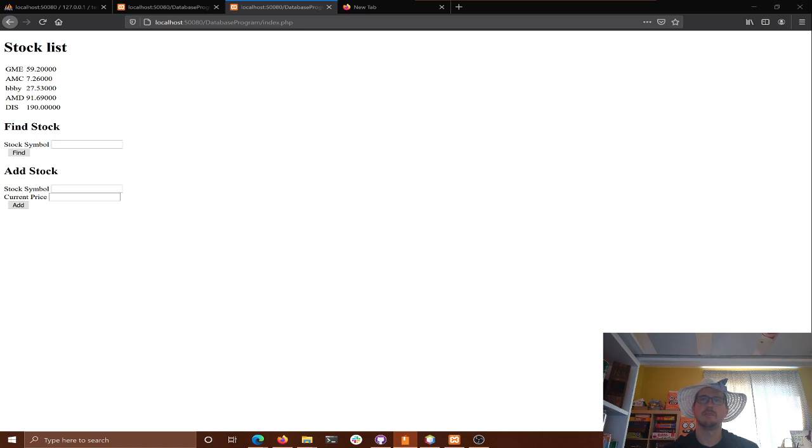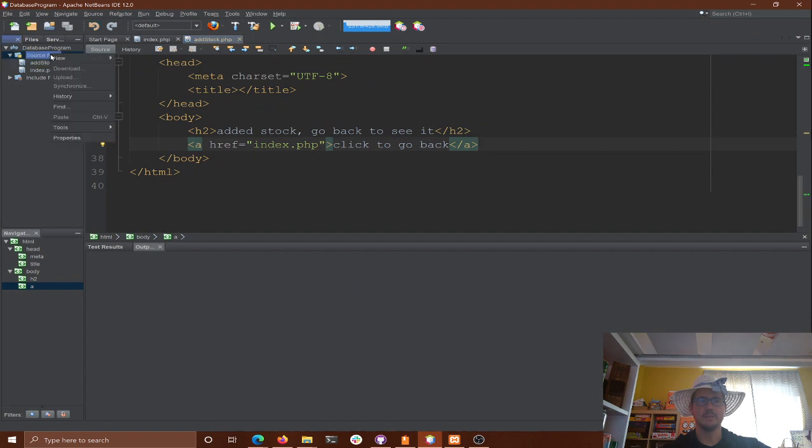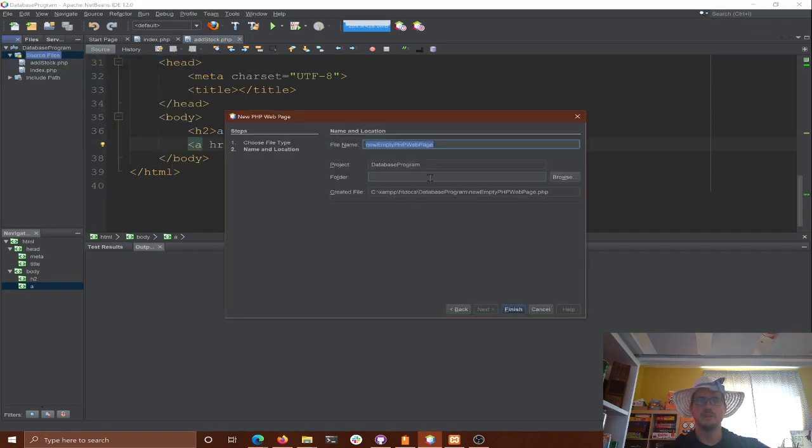So the book will take you through the guitar product example, right? And we can go through all the good stuff with their guitar listing example. And theirs is even a little prettier. They use some CSS to make stuff prettier, but again, we're not to that point right now, and that's okay. One nice thing they do have is they use a specific error page. So we're going to add a new PHP page. That's our database error page.